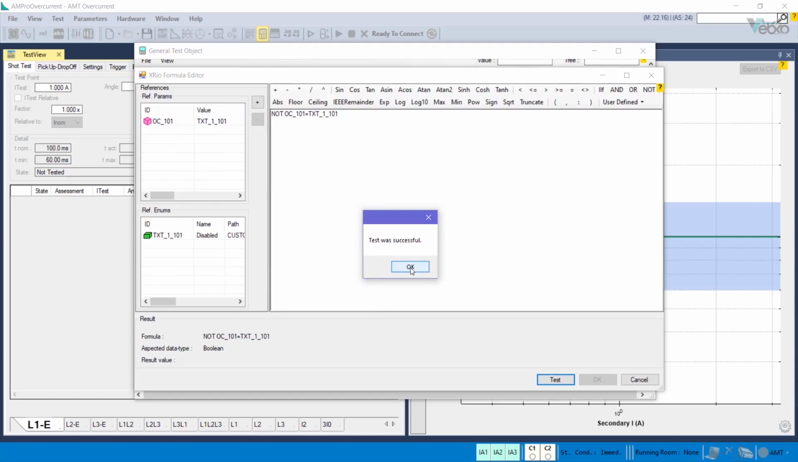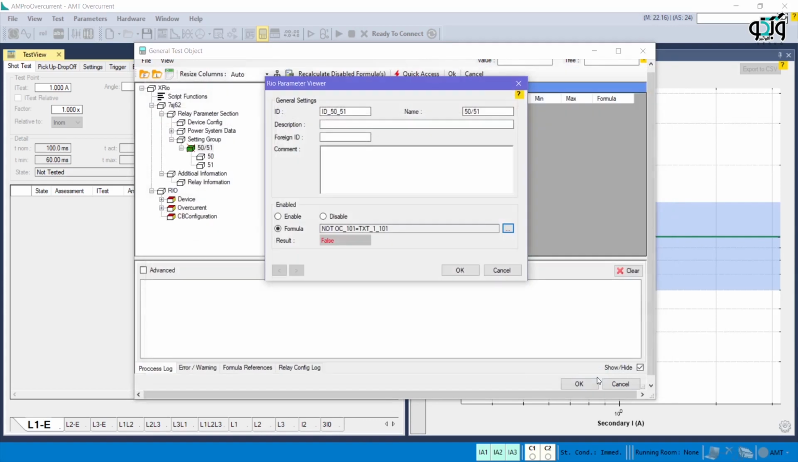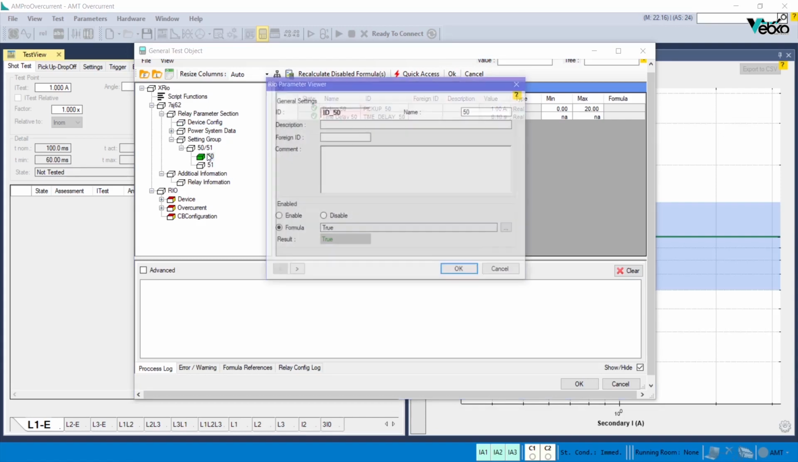By correcting the formula and closing the XRio Formula Editor window, you can see that the status of the block is false, and this block, displayed with a cross sign, is disabled. If the measure of the 5051 parameter is changed in the device config block, the 5051 block is enabled and the cross mark is removed. Likewise, it is possible to associate enabling or disabling of other blocks with one or several